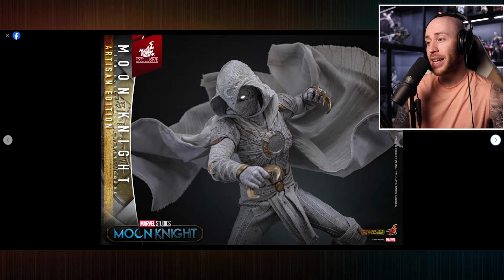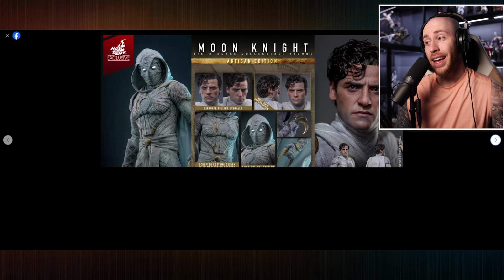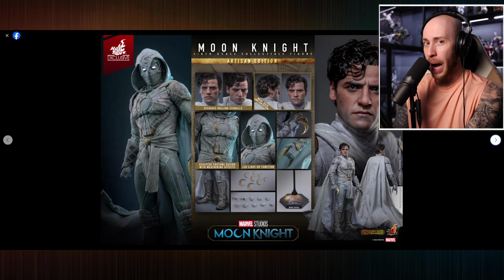You have LED light up eyes with batteries. Not gonna last super long, but they are pretty cool when they are lit. The cape is one of the best capes, if not the best cape Hot Toys has ever produced. It's just an awesome figure all around. And I have the original version, again, much cleaner, but this one looks awesome. So whether you can get your hands on the original or the Artisan, either one, you're gonna be absolutely thrilled